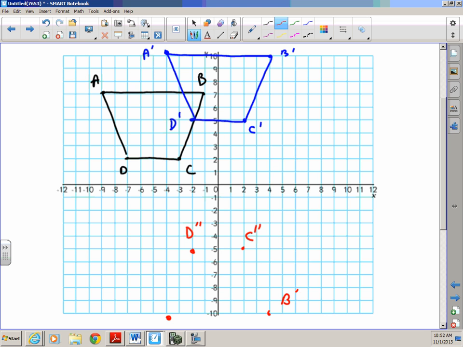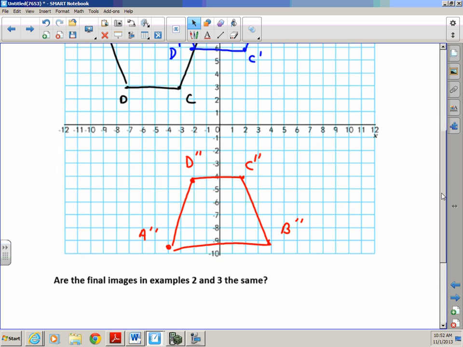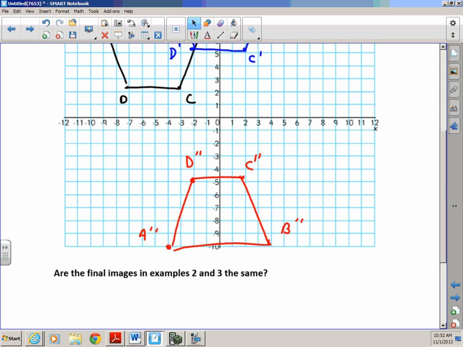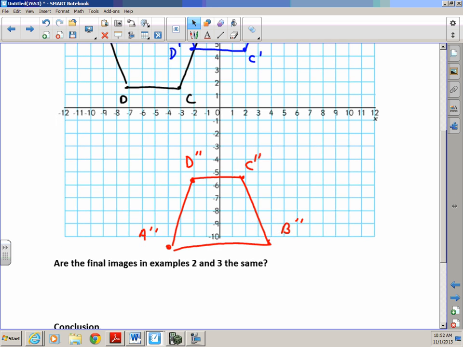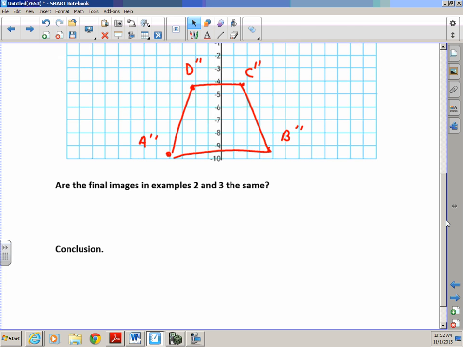And B and A double prime. Now, the question is, as you can see below, if you take the figure in red on this page and the other figure in red on the other page, are they in the same location? And hopefully you're right now saying to yourself,